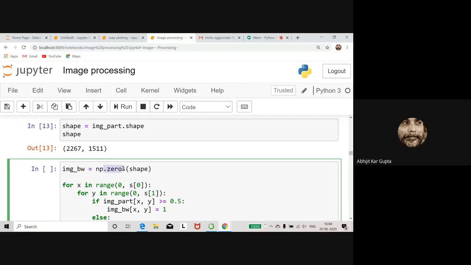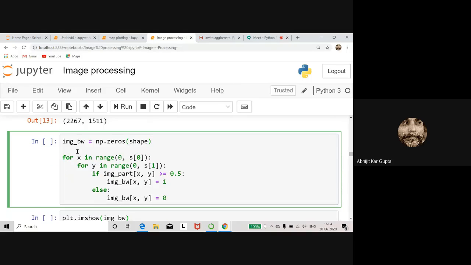Then I write this for loop for x in range of s[0]. s[0] means 2267, and s[1] means 1511. Basically two loops, i and j, basically x and y. So I write if image_part[x, y] is greater than or equal to 0.5, then I save it in image_bw[x, y] as 1.